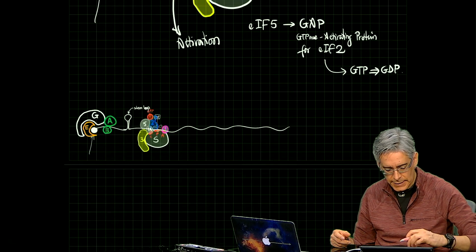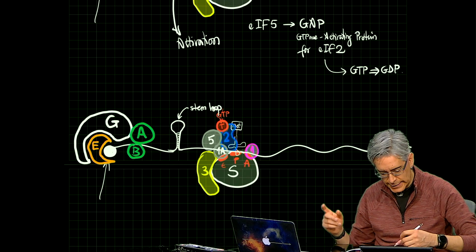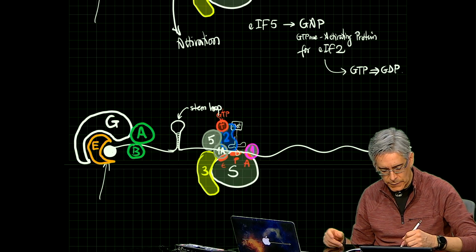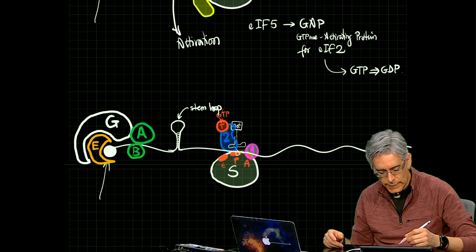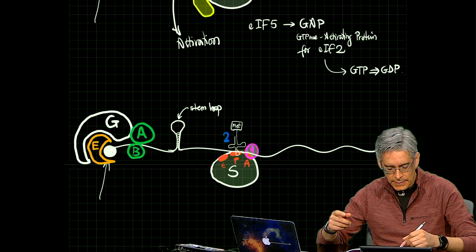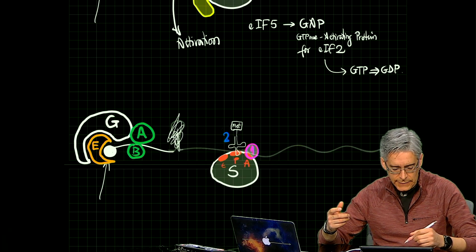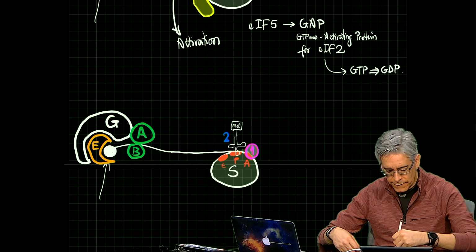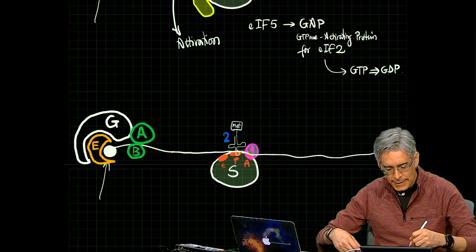well, so I'm making a copy of everything. And what I'm going to do is delete things, which probably makes more sense. So I'm deleting factors one at a time. So now that factor 2 has hydrolyzed GTP, by the way, the stem loop will be gone because of the helicase activity of our factor 4A and 4B. So at this point, now,